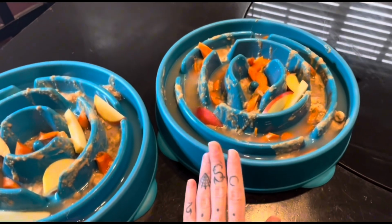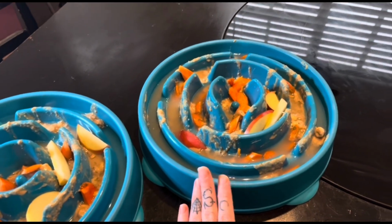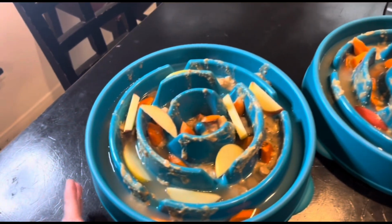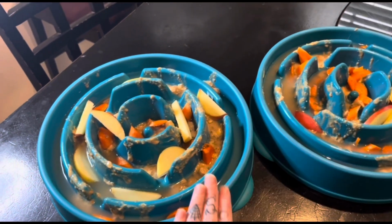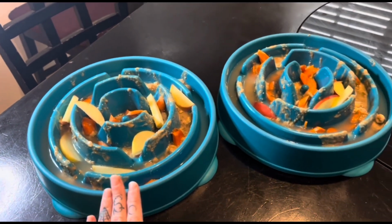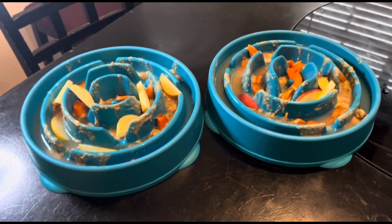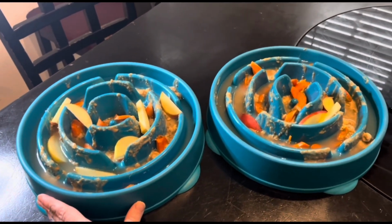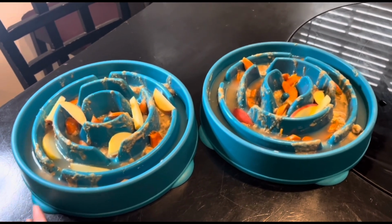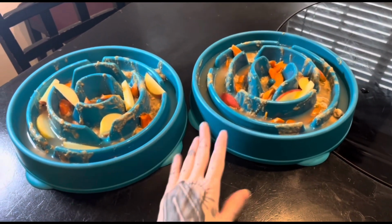They have the other part of the can of wet food, broth, banana, apples, carrots, and a little bit of raw topper in it. So these will be the ones that I either mix one of their meals, like half of their meal into, or if I give them this, they will only get like half of their breakfast because this makes up a lot of the calories that they would be getting anyways. So to not overfeed them or give them too much, when they get these, they'll have less breakfast that day. So I'm gonna take all of these out into my garage and pop them in my big deep freezer